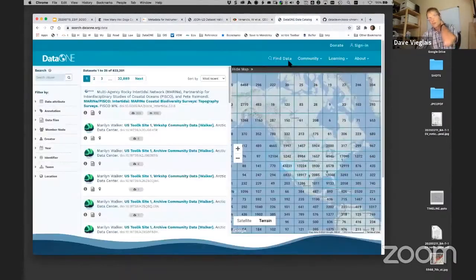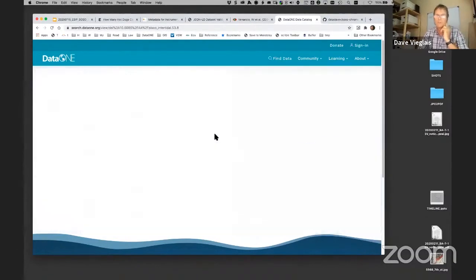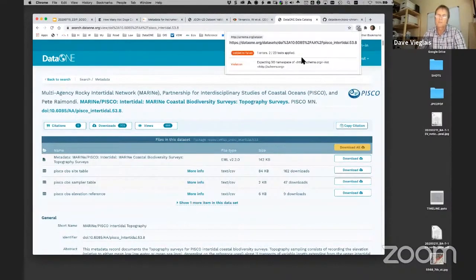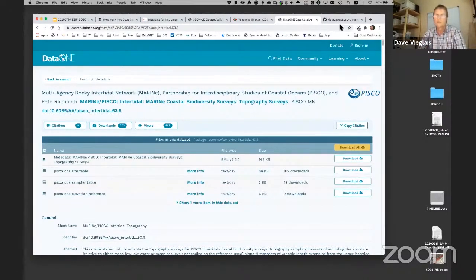One of the interesting challenges was making this work with single page apps. So in this case, the DataONE search interface, it dynamically generates the page as you're navigating. And it's kind of tricky sometimes to detect that things have changed. But thanks to some recent innovations or adjustments to the JavaScript language, we've got what's called a mutation observer implemented in the tool. So it automatically detects when JSON-LD appears in the page that it's looking at. And here you can see that there's a single violation for this particular page in DataONE.